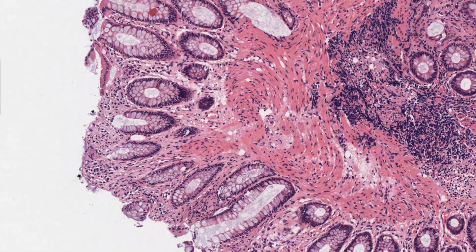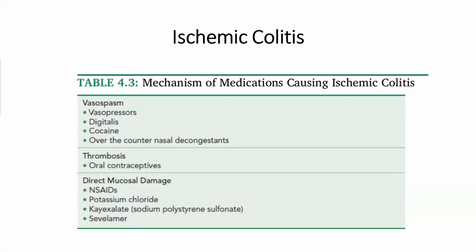What I wanted to highlight in the cases of ischemic colitis, I told you before that ischemic colitis can happen with prolonged E. coli infections, can happen with Clostridia, but it also can happen with the thrombus, with the embolus. But this is just an example. I got it for you from one of our GI books to show you that medicine, the normal medication, can cause a picture of ischemic colitis, right? Digitalis, vasopressors.